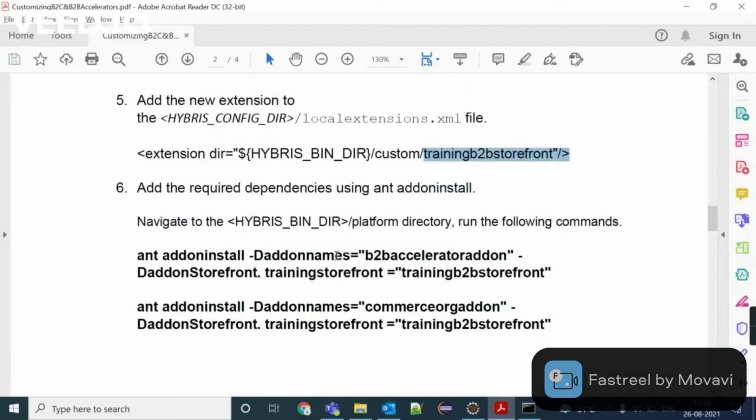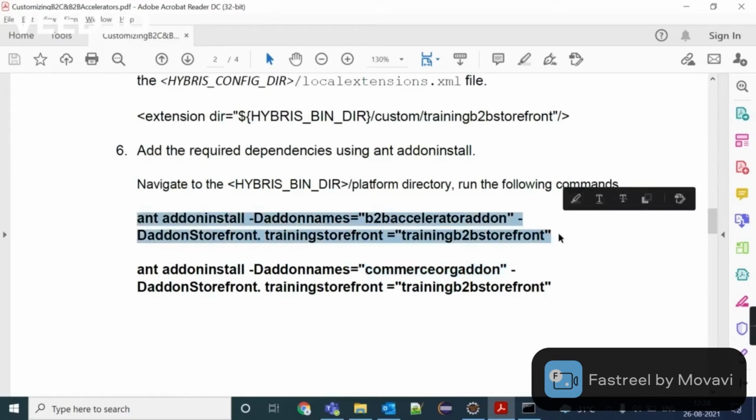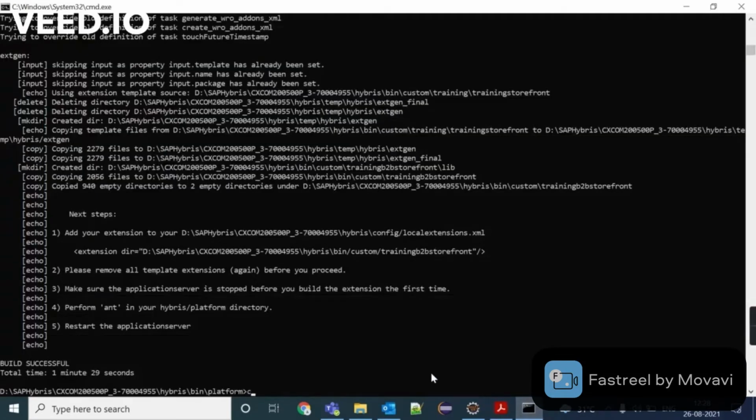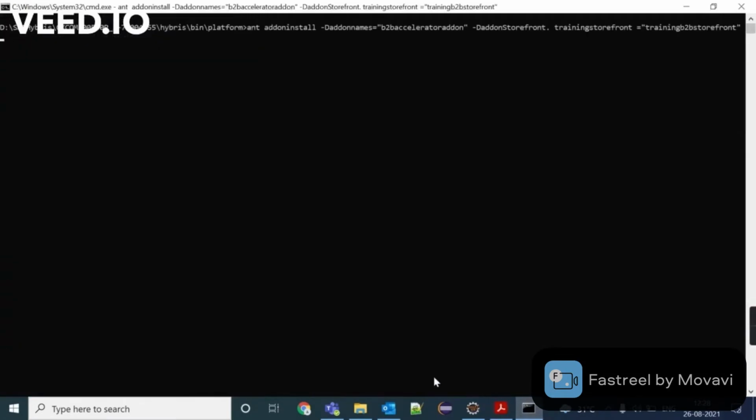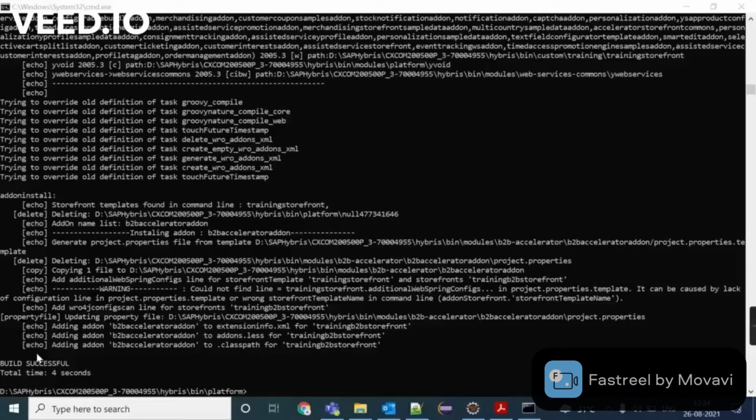Next step is we need to install two add-ons, B2B Accelerator add-on and Commerce Org add-on, on training B2B storefront. So let's go to the platform folder, copy this. Here our build is successful.